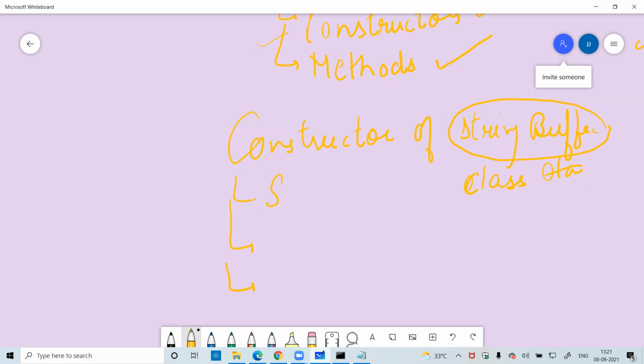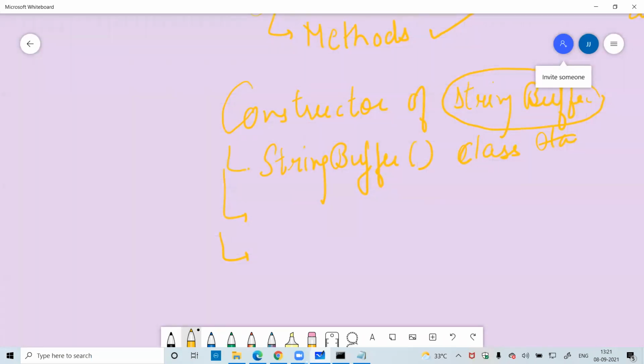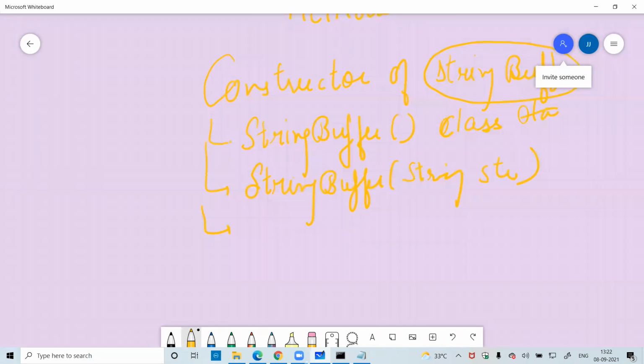One is a simple StringBuffer. Second is a StringBuffer with one parameter.